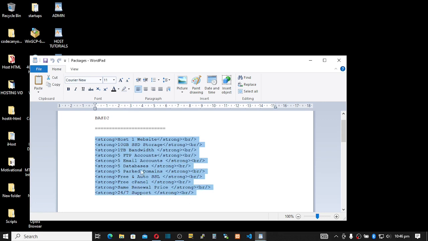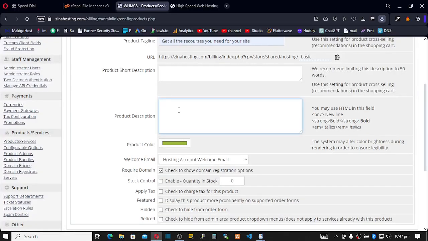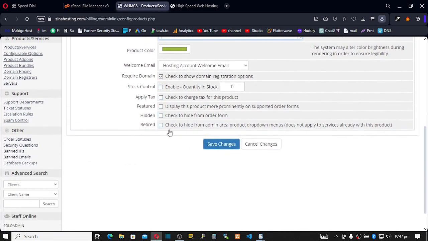If not, your users will see this on your front end, and after they log into cPanel, they'll see different resources, right? So I hope the idea is well stated. Copy this, but make sure you edit it, okay? Make sure you edit everything here. The only thing you edit is from here to here, from here to here, all right? But those in brackets, leave them. Edit that, copy that, go to WHMCS and paste it here. Leave everything as it is and click on